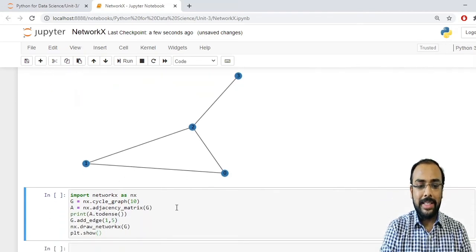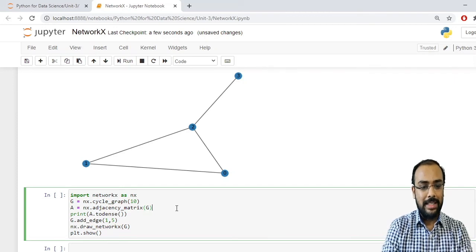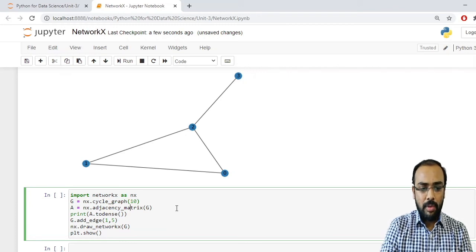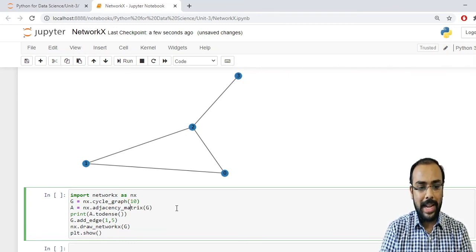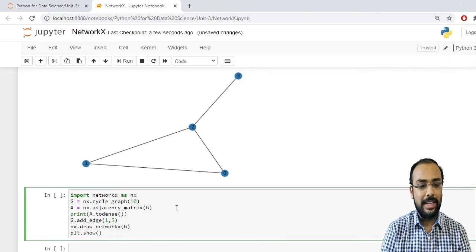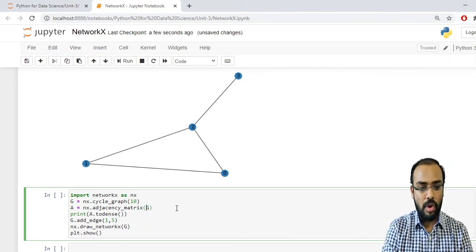Right, now let us create a cyclic graph. How can we create a cyclic graph? Again there is a method inside the NetworkX package, that is cycle_graph. Inside this we have to pass the number of nodes that I want to create. The second thing I have done here is create an adjacency matrix with nx.adjacency_matrix. Now I want this matrix from my graph, so I have passed my graph object.